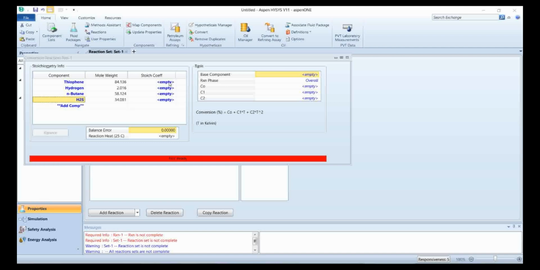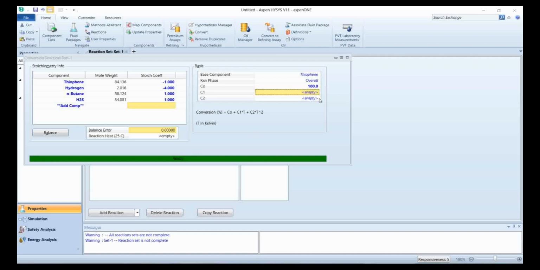For the stoichiometric coefficient, as I discussed earlier, for the reactants it will be negative. So 4 molecules of hydrogen react with 1 molecule of thiophene to produce 1 molecule of butane and 1 molecule of H2S. These are positive. See, the reaction error is 0. The base component will be thiophene for this reaction and the reaction phase is overall. We will not consider the temperature dependency here, and we will define the conversion as 100%. Now its status has changed to green. It is ready.